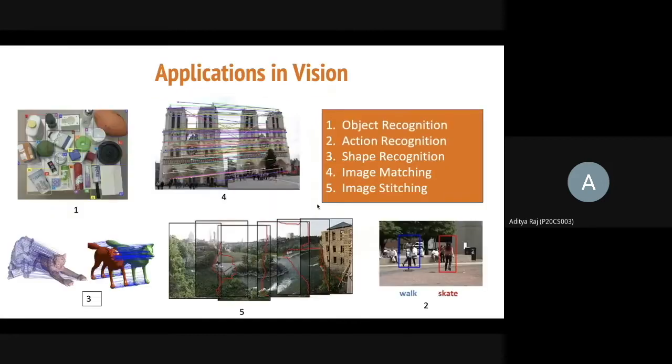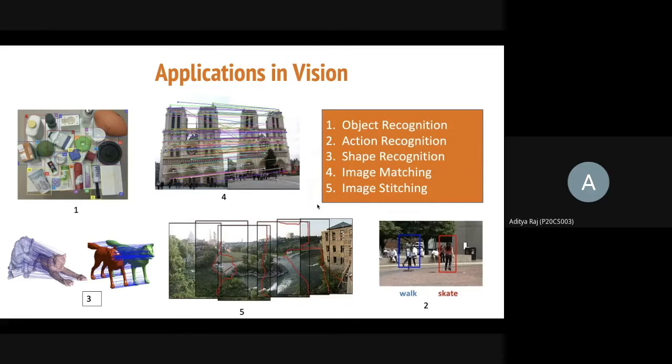Okay, so moving on to the next slide, which talks about different applications of graph matching in vision. We have pointed out some of the applications. The first image, on the left, describes object recognition. You have an image where different objects are there, and how do you find out which object is what? You have a reference image again with the key points marked, and you try to match the key points, and whichever reference image's key points match the most, you say that the object in the image is equal to that class.